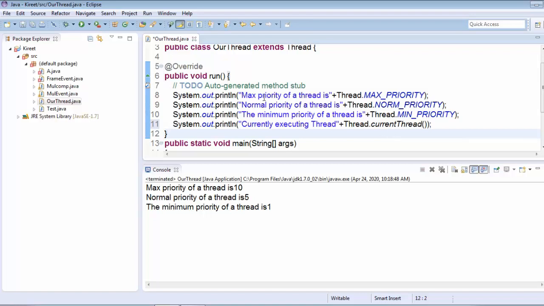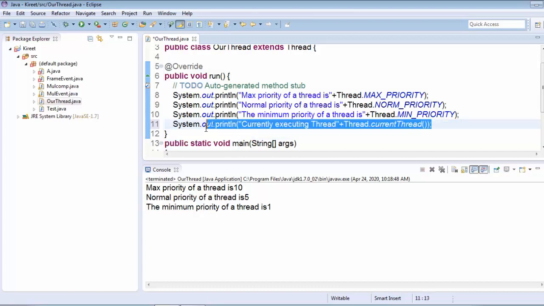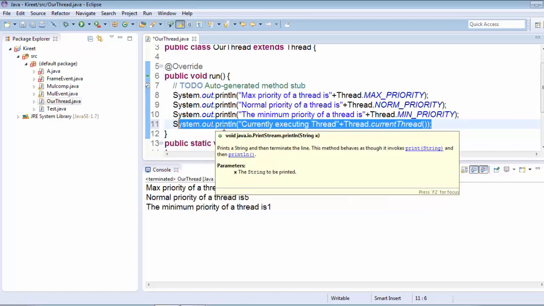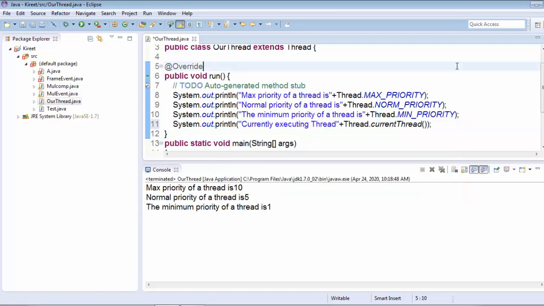The first three are just viewing the default priorities that have been set with these thread constants. This particular statement will return the reference to the currently executing thread object: what is the name of the thread, what is the priority of the thread, that is, the priority set by the JVM, and in which group it is running.